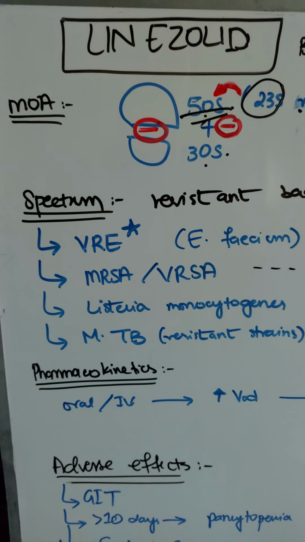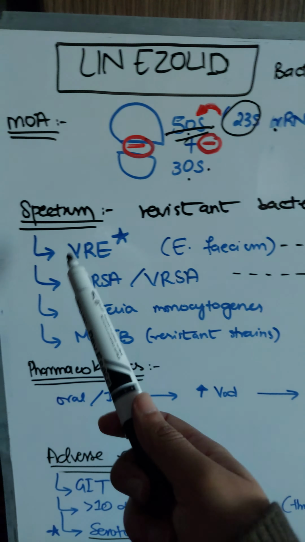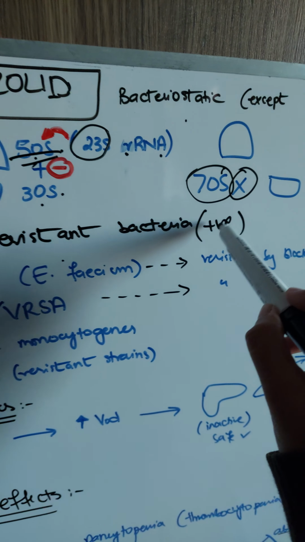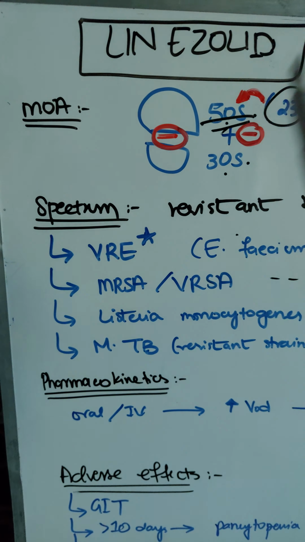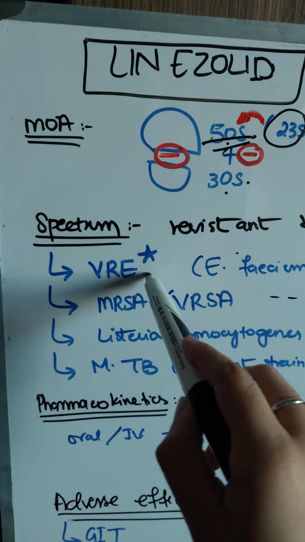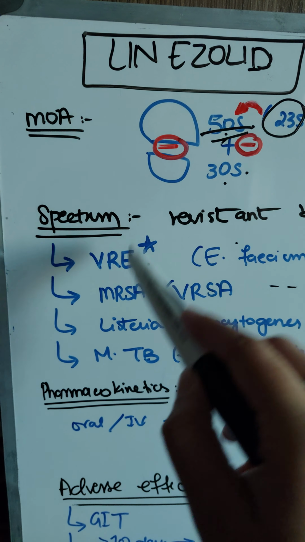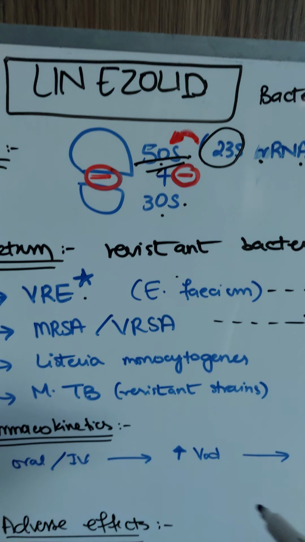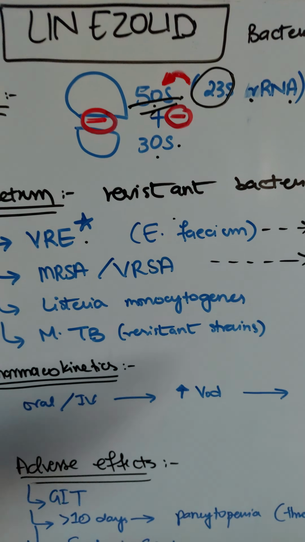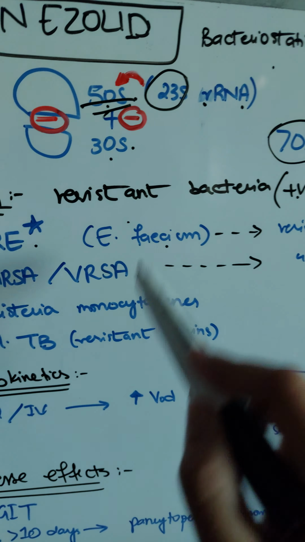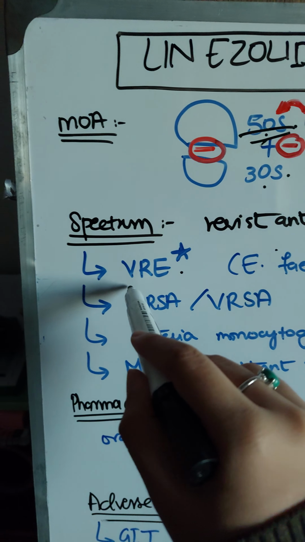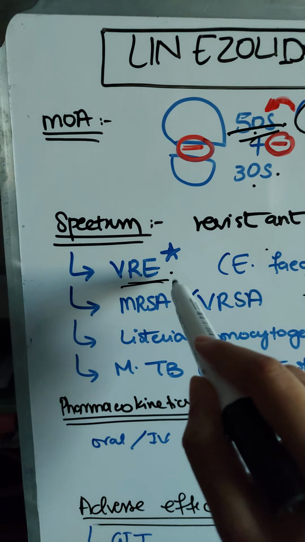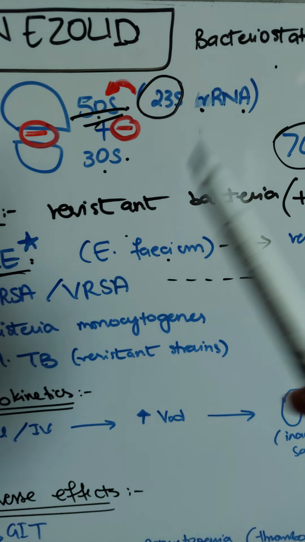Its spectrum is unique and this is easy, because this is basically used in all resistant gram positive bacteria, okay? First, and the most important one that you have to remember, is linezolid is used for VRE, or vancomycin resistant enterococci. In enterococci there's faecalis and faecium, but in general, faecium is a bit more resistant. But you just have to remember it's used in vancomycin resistant enterococci of any sort, can be faecium, can be faecalis, and these cause UTIs,